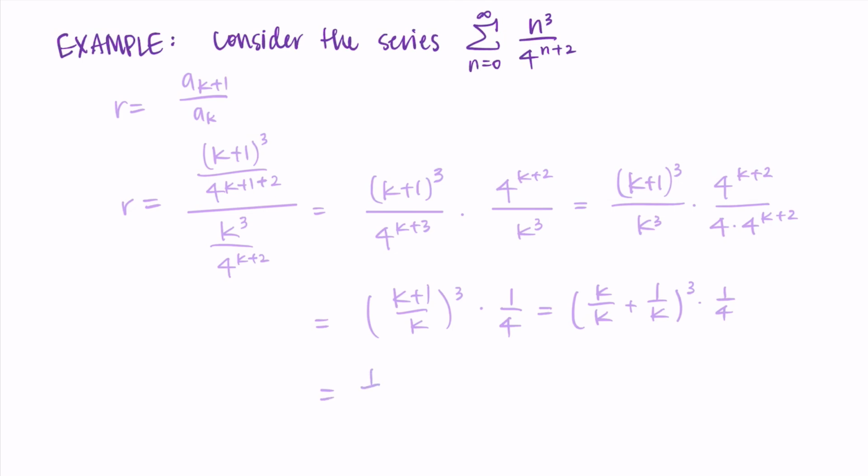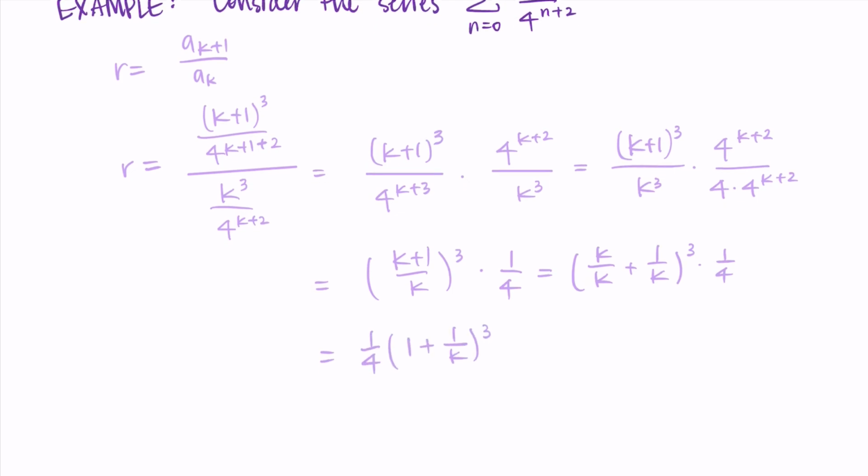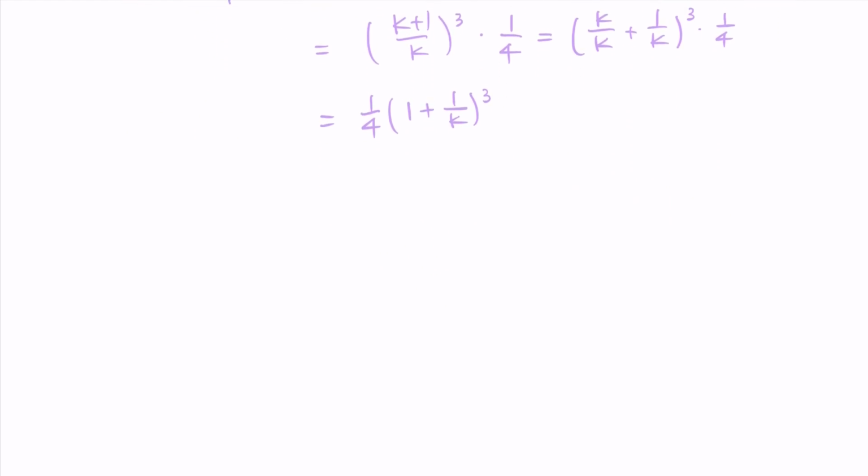K over k is just 1, and then I have plus 1 over k. So the limit I'm going to look at is 1/4 times 1 plus 1 over k cubed. So when I look at the limit as k approaches infinity of the absolute value of r is what I just found. All of this is positive as k grows to infinity, so I'm not going to worry about my absolute values. So I'm looking at the limit as k approaches infinity of 1/4 times 1 plus 1 over k